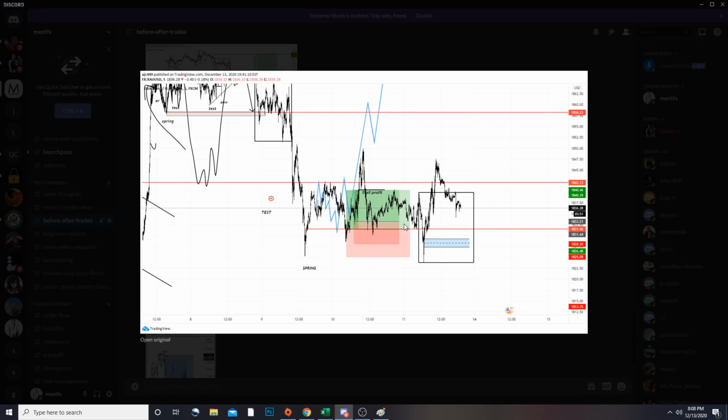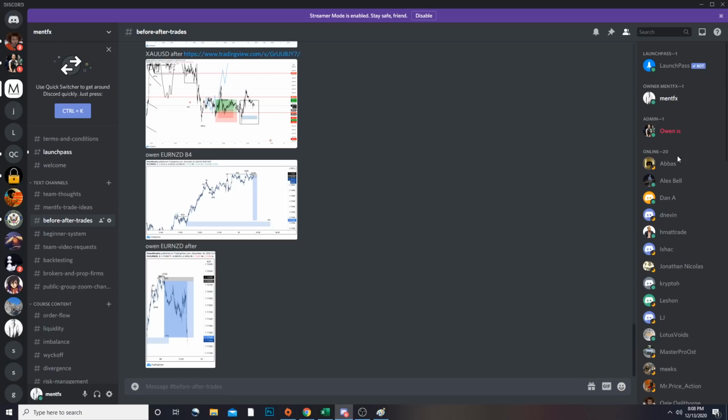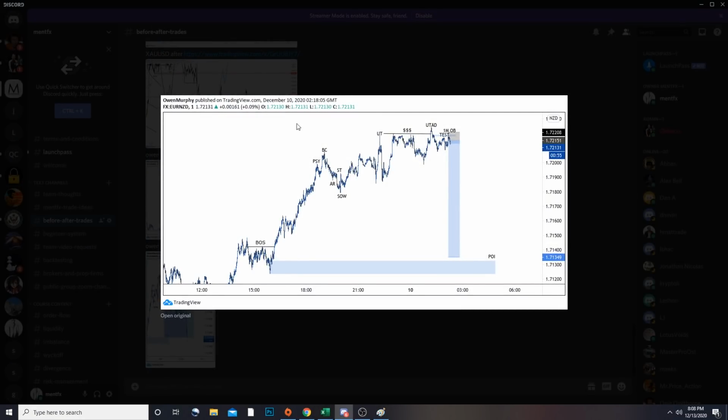This is why partials are one of the most important things when it comes to trading. Or you have a full system that you understand and you want to hold, but you know when you're going to break even. And that's exactly what happened with one of our community members, Owen, right? He sent out this Euro NZD before it happened, seeing this UTAD occur. This was on a 1-minute chart, so this was like just seconds into falling down. But this is what he sent out, targeting what?